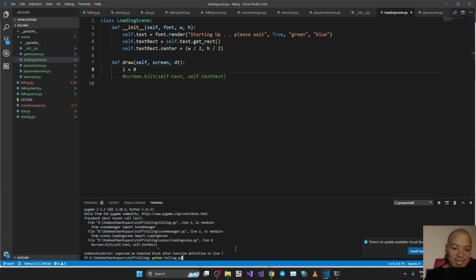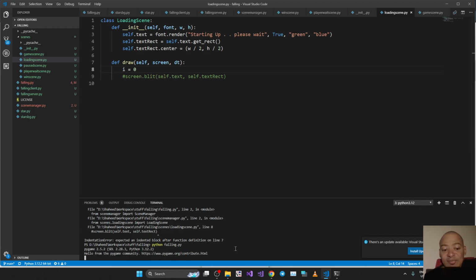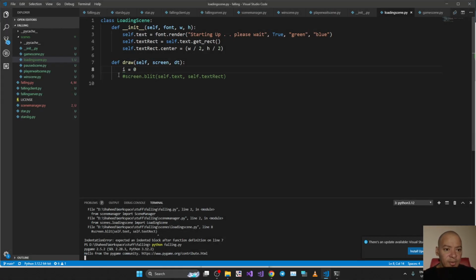It doesn't like the fact that I don't have an instruction after the indentation. So let's see what happens when I do this. As you can see, the stars are moving smoothly, it looks like I'm getting a little bit of movement, right? And then over here, if I just move that there and put the blit function back for the text,